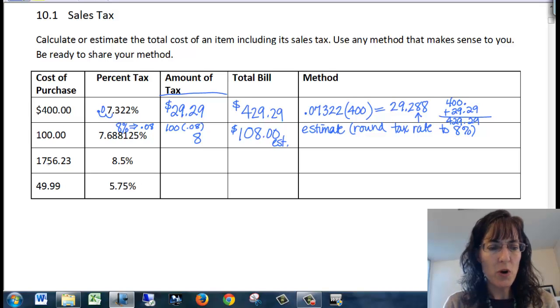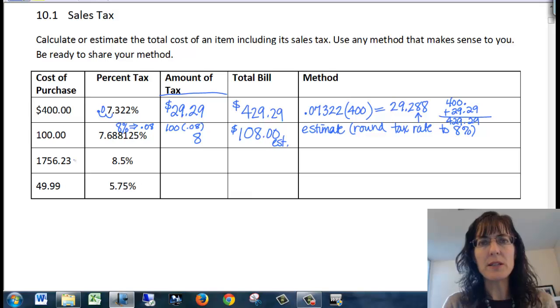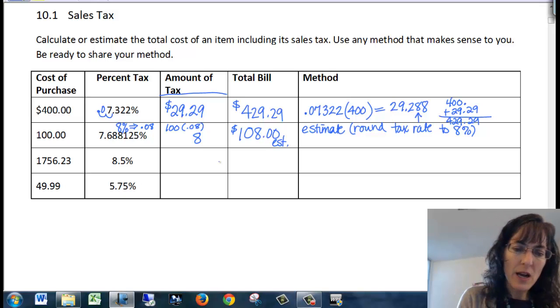Let's take a look at this problem. I have $1,756.23. That's the purchase I want to make. And the tax rate is 8.5%. So now if I want to calculate exactly, I would use